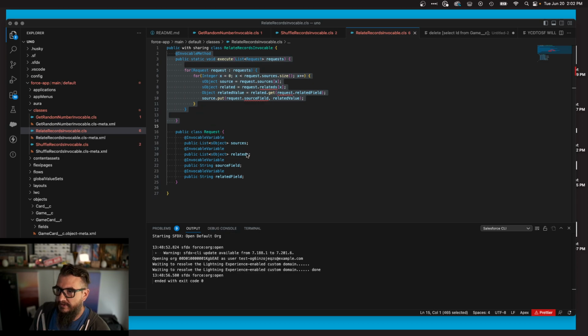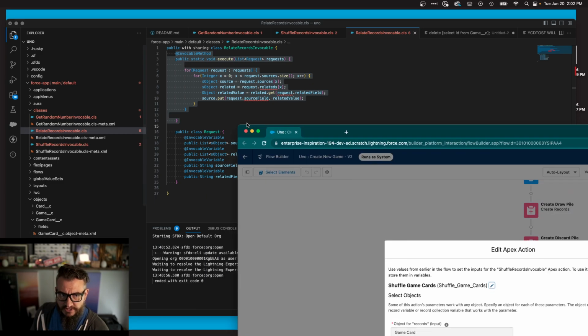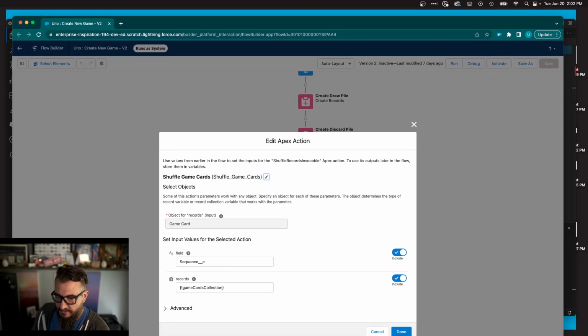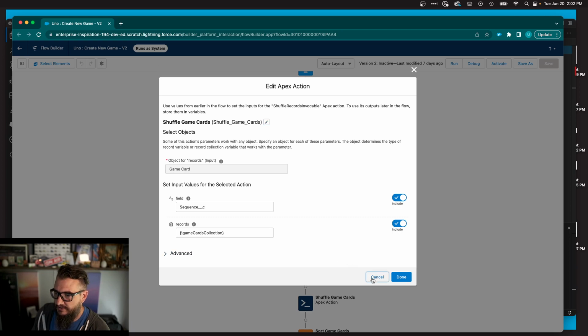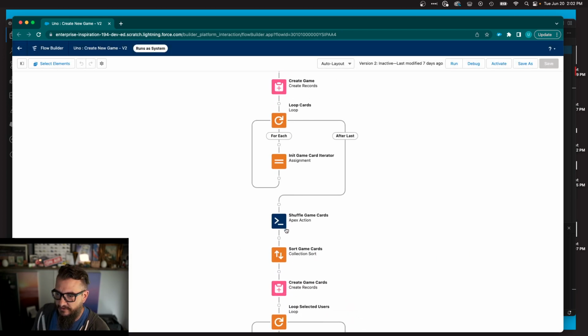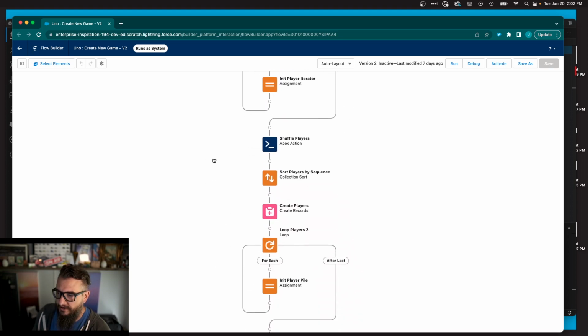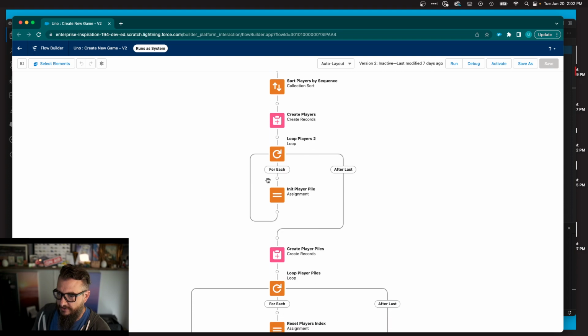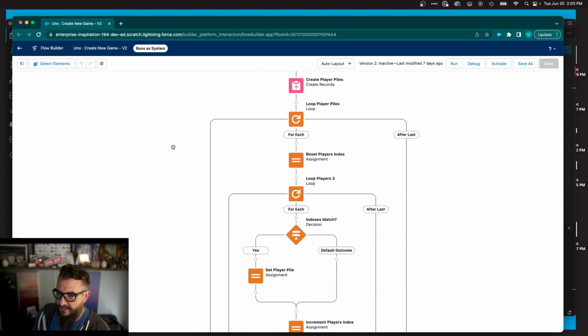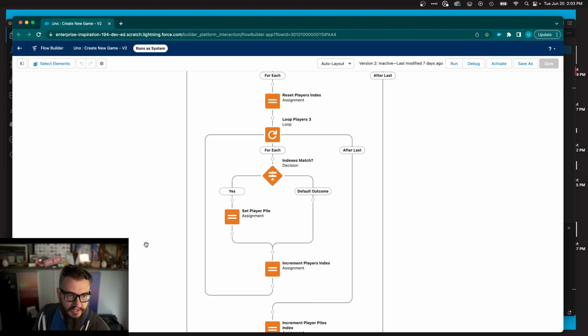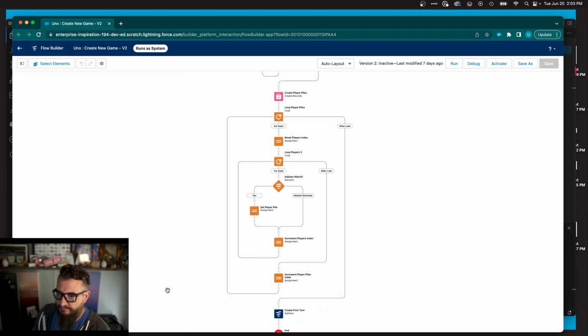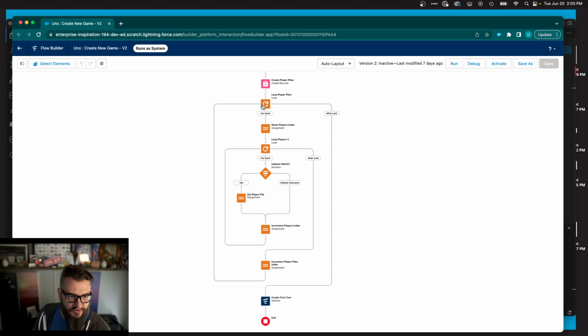So last week we did a lot of flows. And I'm going to try to get these on screen here. We were shuffling cards. And then we realized if we could shuffle cards, well, we could shuffle just about anything. So we shuffled cards, and then we shuffled players, and then we started player piles, and then we got into this wow loop here, which I'm just going to back out for dramatic effect. It's crazy how much goes into this. It's a nested loop, and